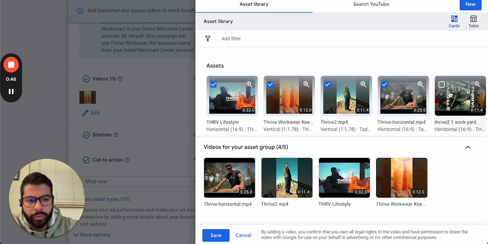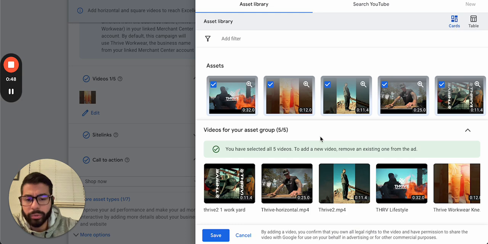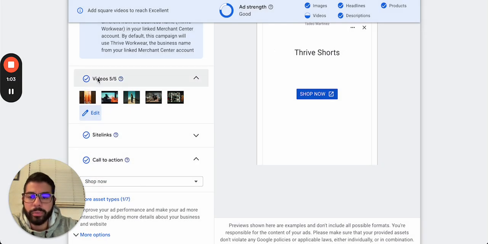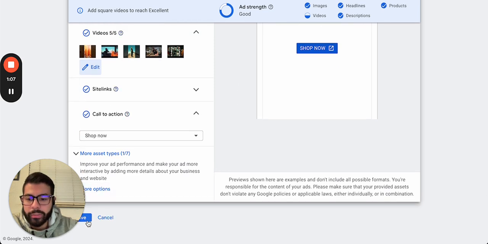If you add them from your computer, they still have to be added to a Google or to a YouTube account. Google owns YouTube, and they'll be uploaded as unlisted, so you can still see the metrics of those videos. So make sure you are able to add up to 5 videos. Make sure you add all of them, and then don't forget to save your changes,